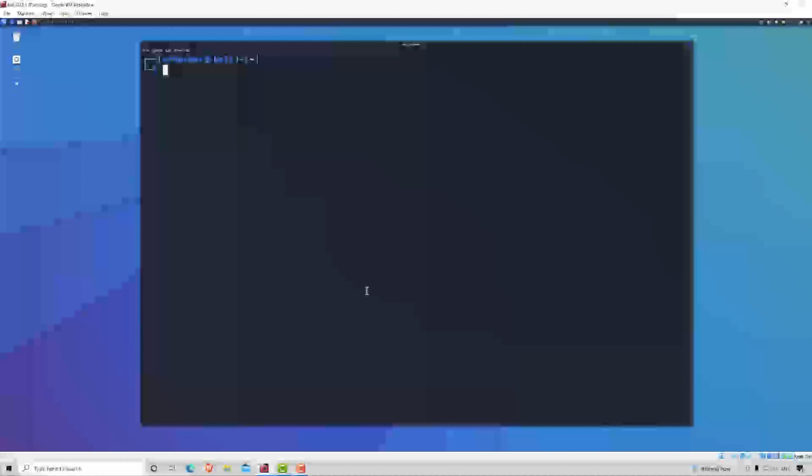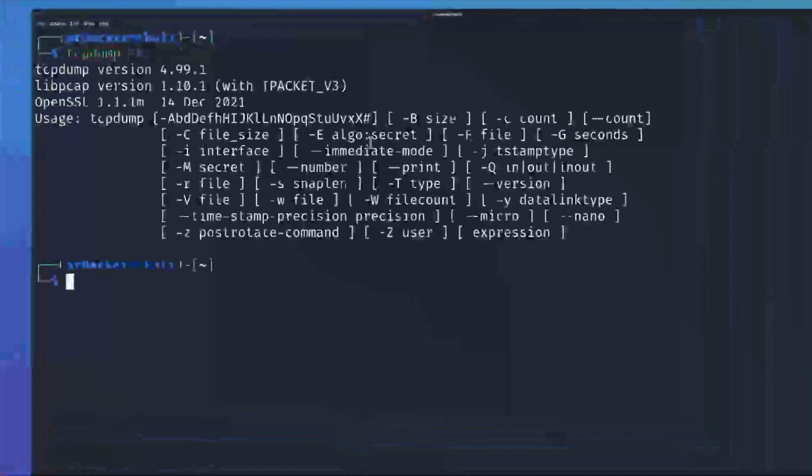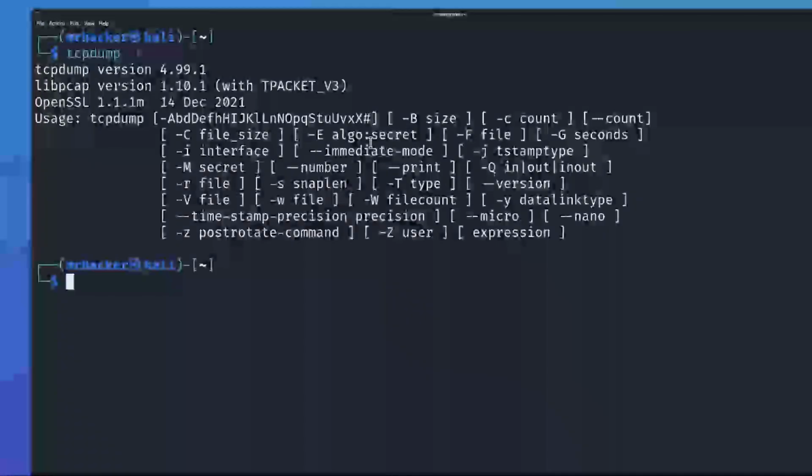So it doesn't matter whether you run it on an endpoint device or the router, the syntax and the commands are the same. Now on some routers tcpdump will be installed, but on others you might have to install it first. Once you do install it, you can type the command tcpdump -h in order to check out all the settings that you can run, or in other words, to see the help menu